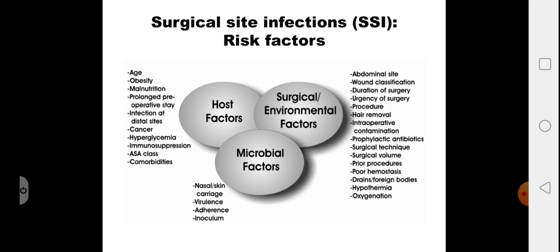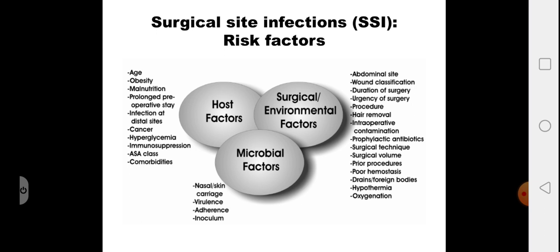Improper preparation of the site of the surgery can carry a risk, or use of drains can carry more risk of infection. If proper oxygen saturation or temperature has not been maintained, there might be an increased risk of infection. If there is hypothermia, there are increased chances that the wound might not heal properly, and there might even be cardiac events. Similarly, if proper oxygenation is not maintained, there might be impaired perfusion at the site of surgery.